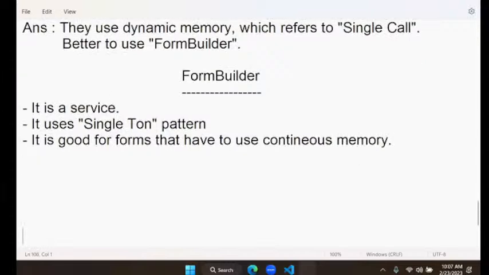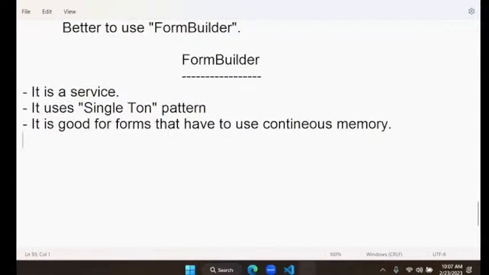That means it is good for forms that have to use continuous memory. If you want to use continuous memory, then this is the best way. This is the best option to use continuous memory. That means memory allocated for the component will be used by the form. And for that, you have to inject